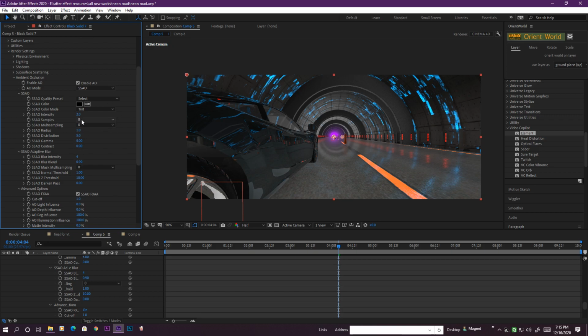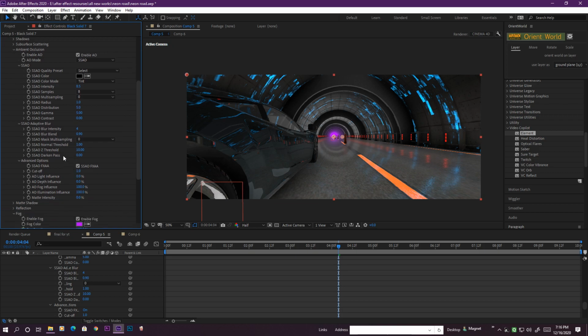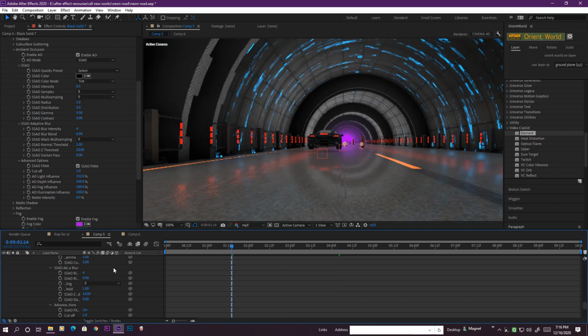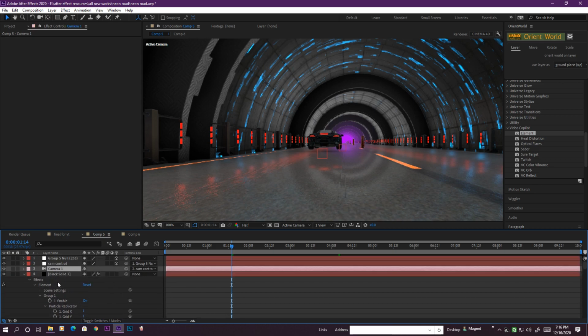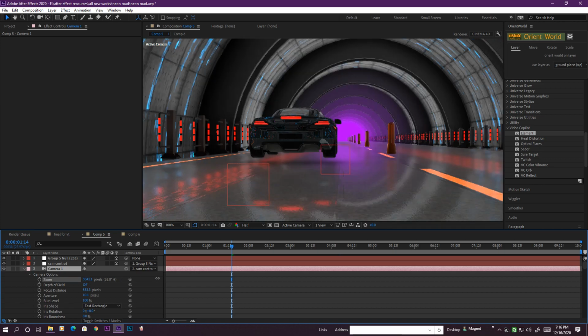Okay, and also increase the intensity. And go to the advanced option and increase this depth influence as well. So now if we go to the camera setup and press AA and zoom in the camera,